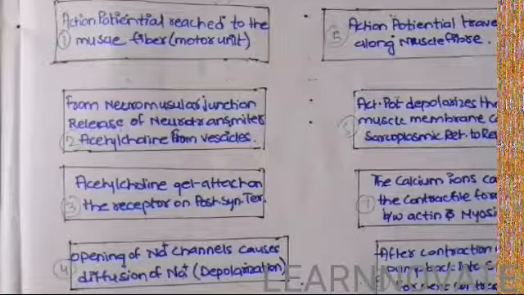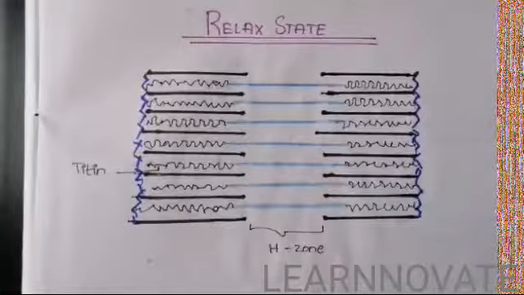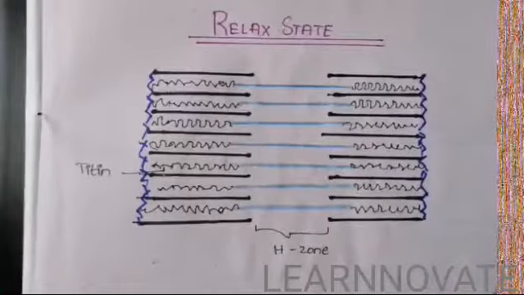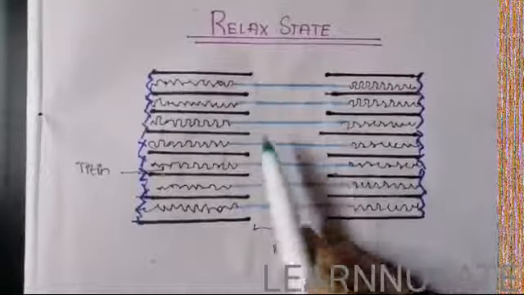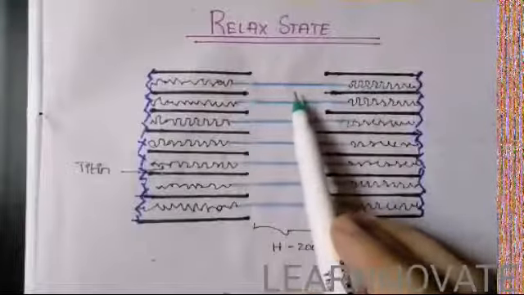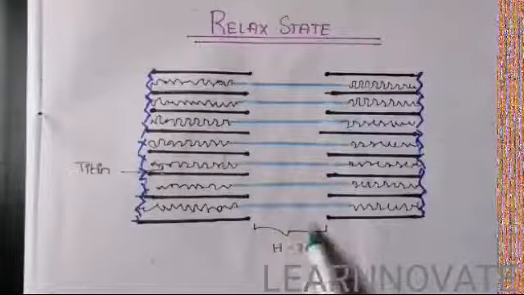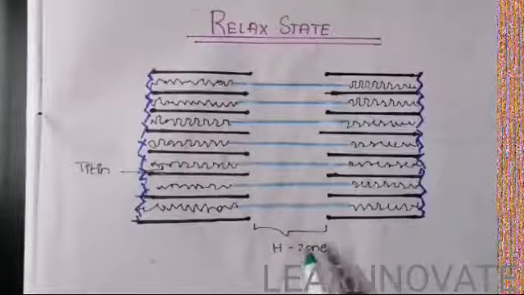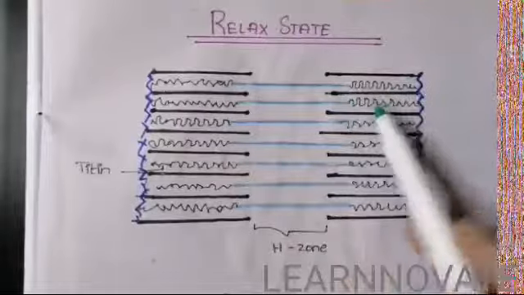Now we're going to see how the contraction takes place. Here I have drawn a diagram to explain it better. This is the structure of a single muscle fiber having a myofilament. Here you can see the thin filaments, the actin filaments, and inside is the myosin filament, the thick filament, and the zone between the actin and the myosin is called the H zone. The A band and the I band can also be seen in microscopic anatomy.